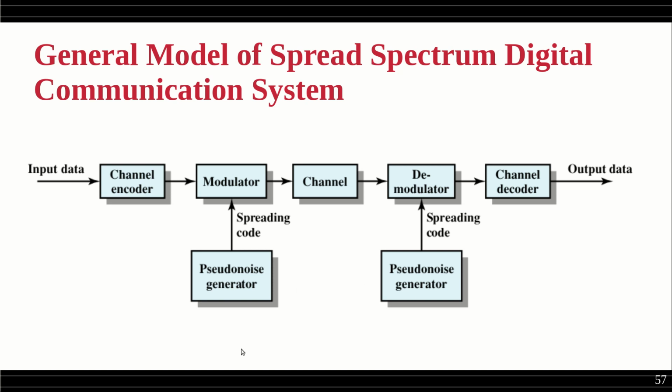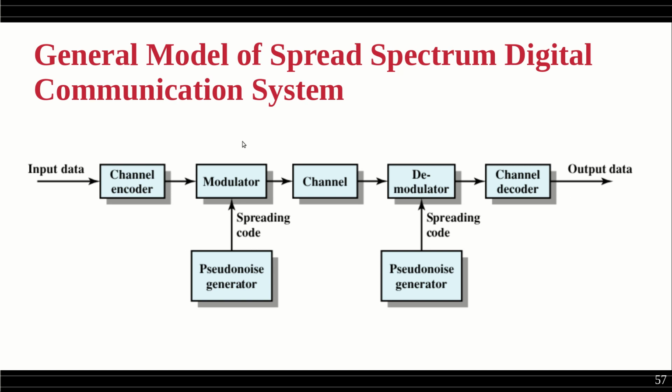The same pseudo noise generator is to be used at the sender and the receiver side. For the pseudo noise generator to generate the spreading code, what is needed is a particular algorithm, and also something called a seed value, an initial starting point. Once we get the seed value for the random number generator, running the algorithm with respect to the seed value generates the spreading code. The same algorithm and seed value are needed at the receiver side to generate the same spreading code. This is communicated in advance so that the receiver will correctly demodulate the signal, and the opposite of the encoding happens at the receiver side to generate the original data.